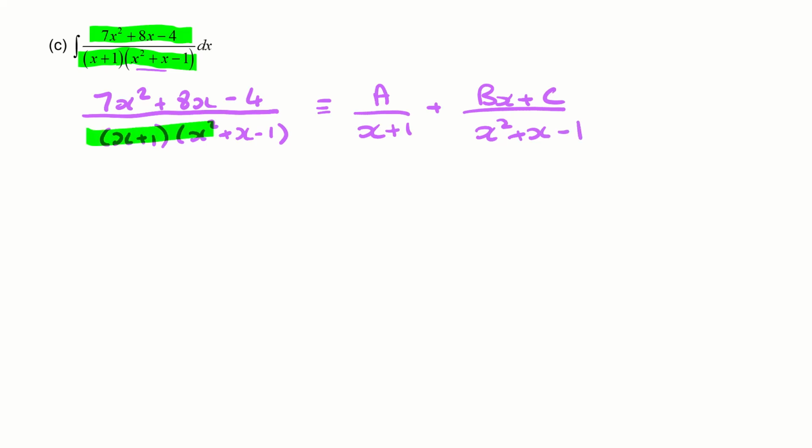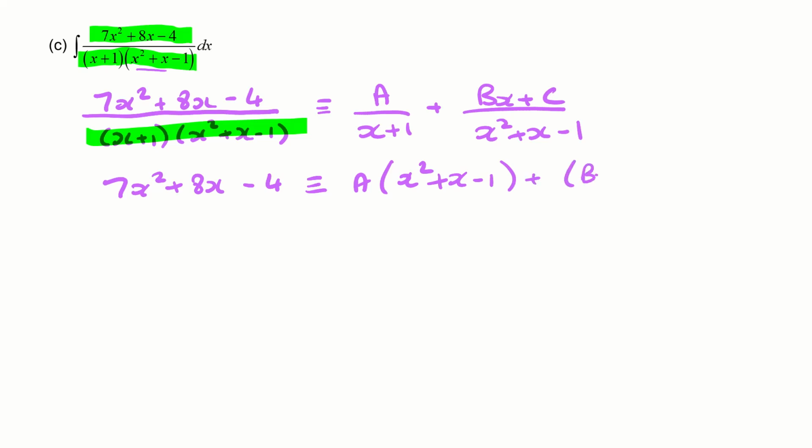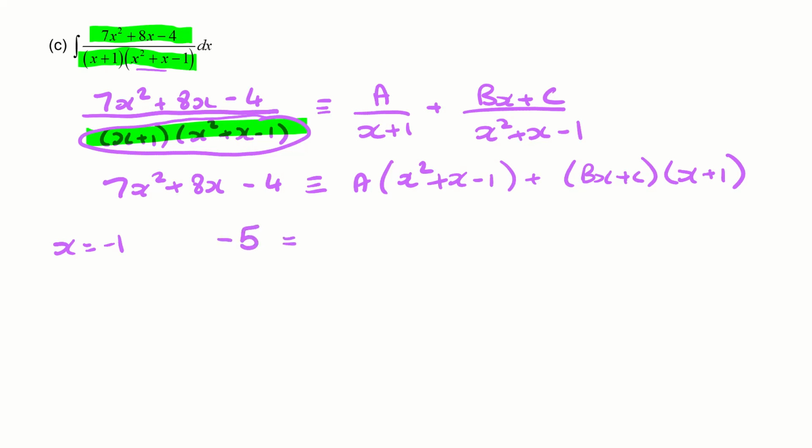Let's clear fractions by multiplying through by this. And so we have 7x squared plus 8x take away 4 is the same as A times x squared plus x take away 1, and then Bx plus C times x plus 1, and that's just because of the cancelling that happens when you multiply through by this. If I take x equal to -1, the left-hand side becomes -5, and the right-hand side, remember this term will disappear, but this, if x is equal to -1, becomes -1, and so we have -A,